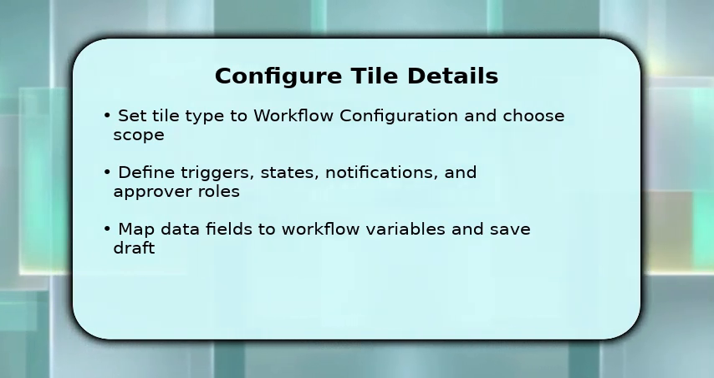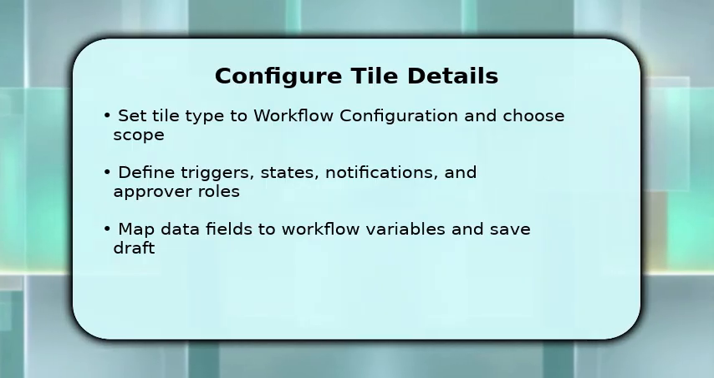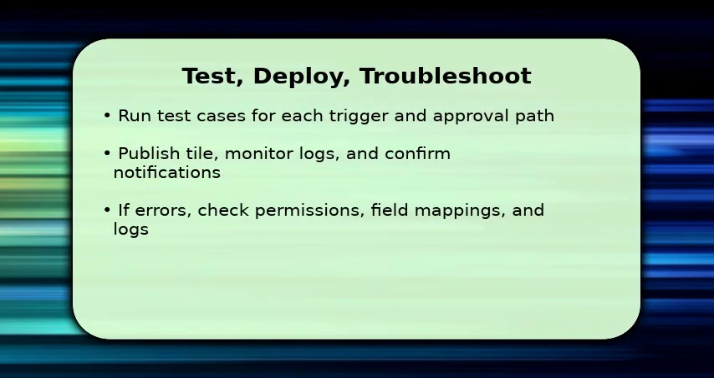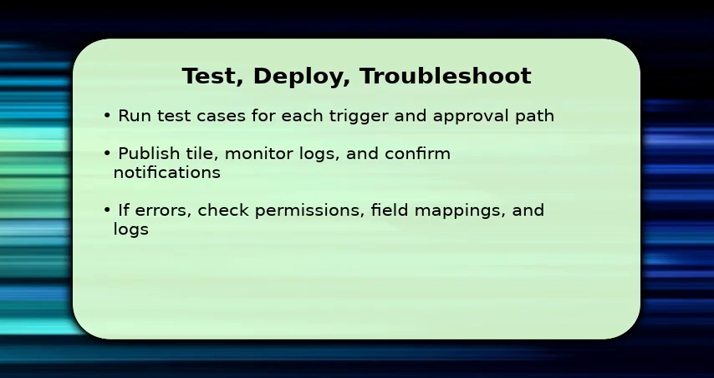You finish by testing every path. Run the primary trigger and each alternate path, then simulate approvals and rejections to confirm state transitions. After tests pass, publish the tile and monitor system logs and notifications for the first 24-48 hours to catch unexpected